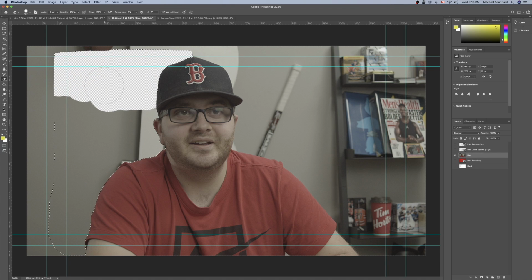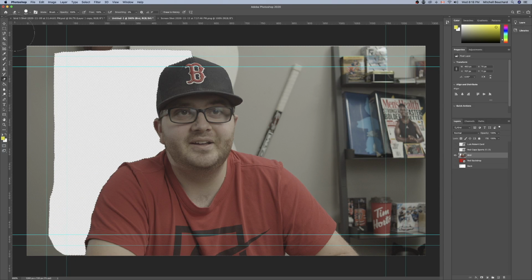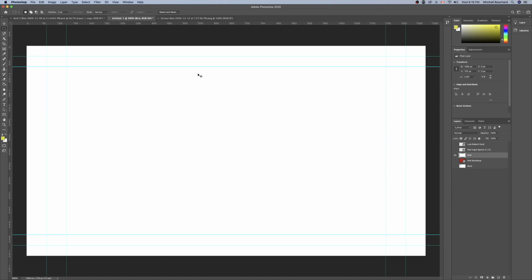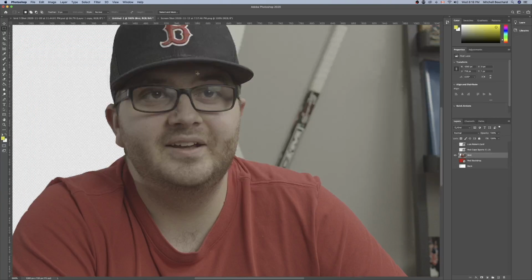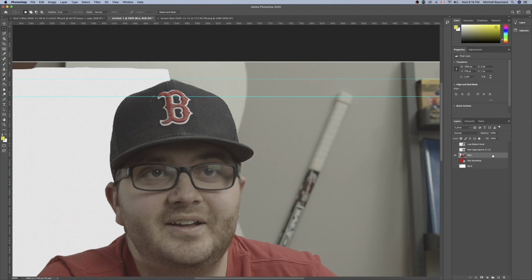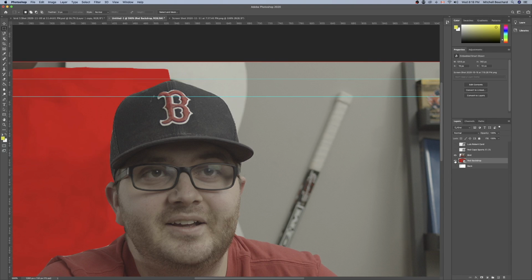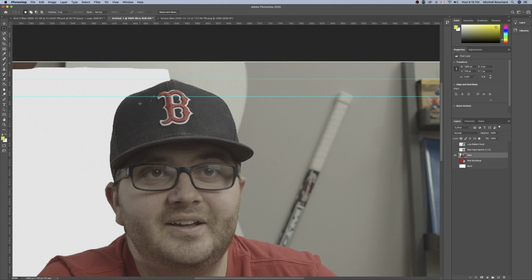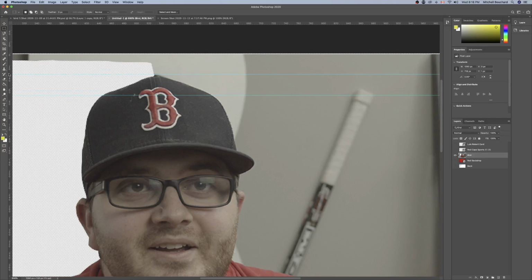So we could also use the eraser. That's a great method, or you could just hit delete and that will delete there. So now we're starting to delete around him, and we're going to finish. We're gonna make sure that nothing else is selected, not this. We're gonna make sure bird is still selected and we're going to zoom in. And again, we're gonna finish